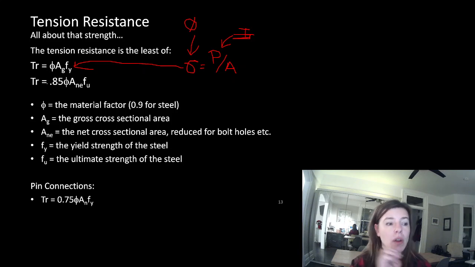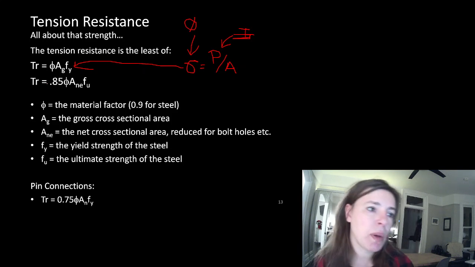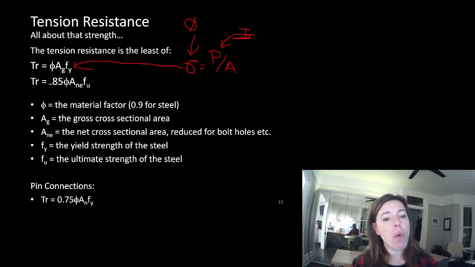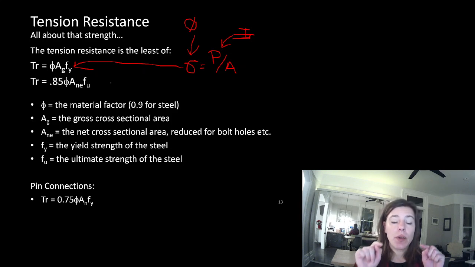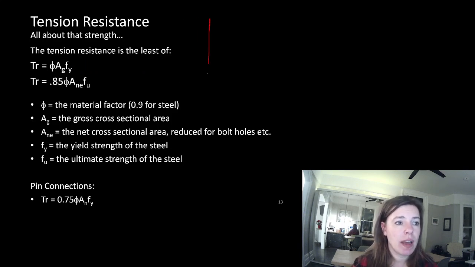Here's where we're going to add a little bit to this one. For tension equations, we say this is all well and good, and you can even put bolt holes through this, or maybe a pipe hole through it. But we do need to do a second check just in case. We will say most of the time,